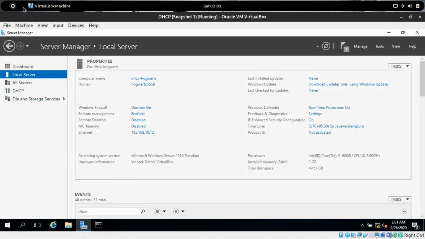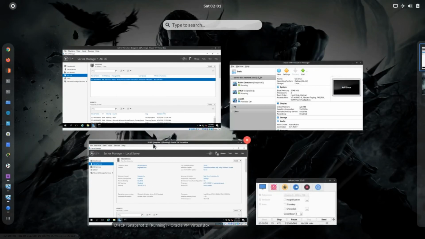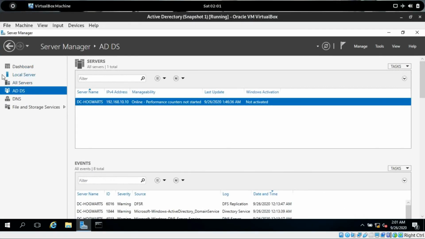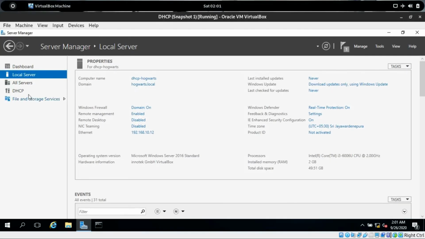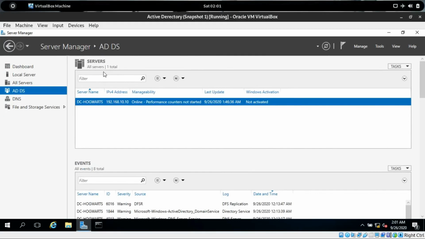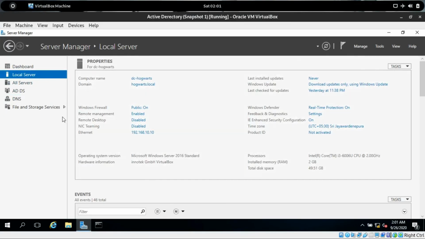Now I have created two Windows Server machines. One has Active Directory Domain Services and DNS. The second only has DHCP. My domain is hogwarts.local. The DHCP server's IP address is 192.168.10.12, and the ADDS, Active Directory Domain Services and DNS IP address is 192.168.10.10,